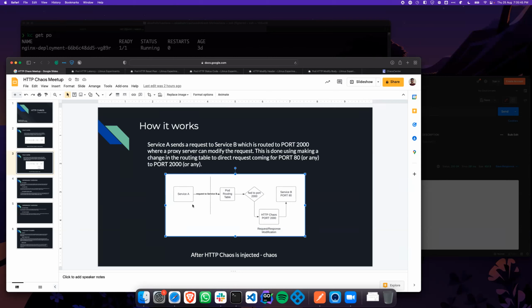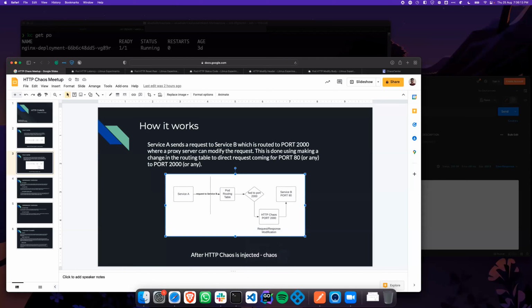Sorry. Yeah. Also, I'm thinking this could probably help us check if the circuit breakers are working fine and things like that, right? So that's also one of the classic use cases I can think of. I couldn't hear your voice properly. No, no, no. With this example, I can also check if my circuit breakers are working fine, right?